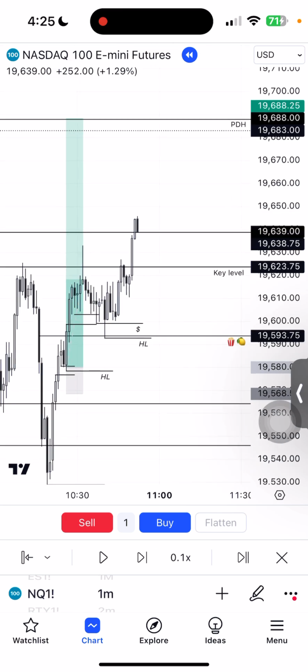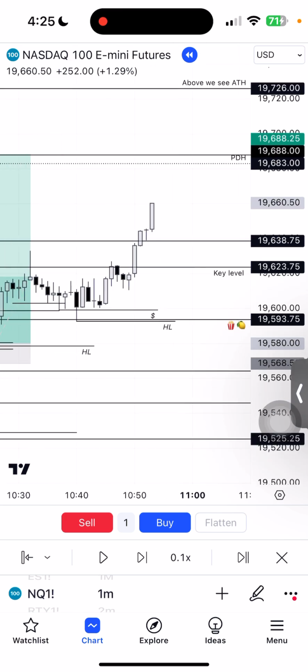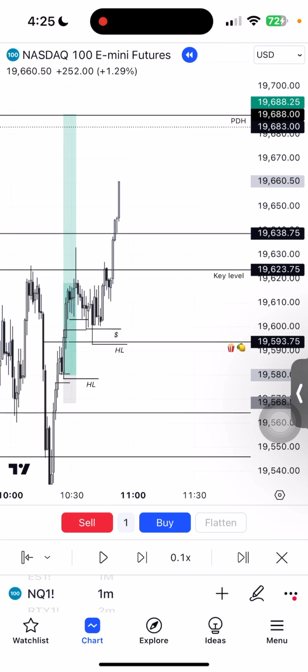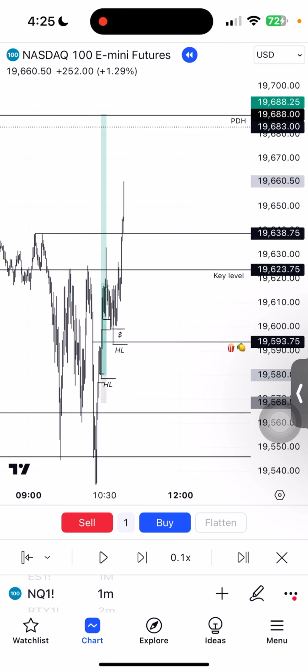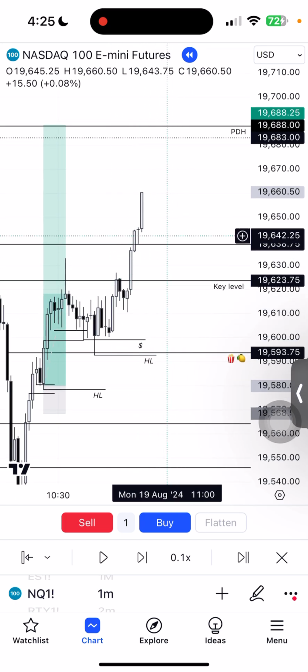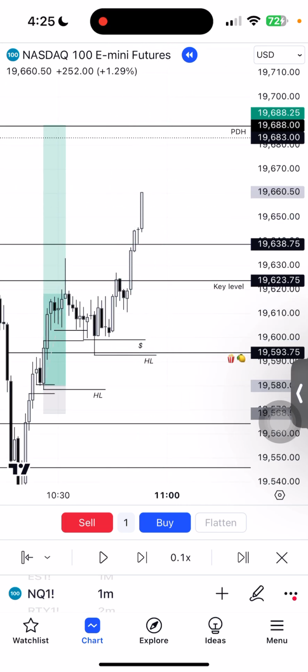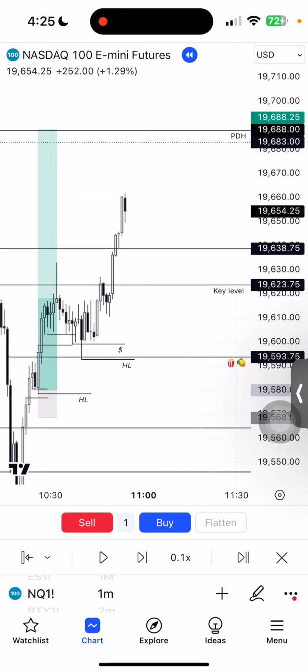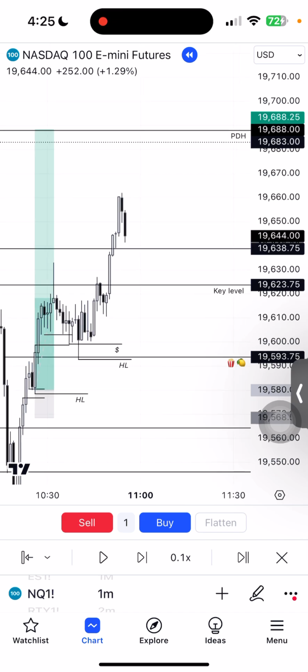So let's keep identifying structure here, right? So price is moving up higher. 638.75 is going to become a key level for me because I want to see price stay above that level. And if it gets back below it, then whenever it reclaims it with some displacement, that's a good opportunity for me to get in on a buy on that, right? And I'm still on a 1 minute time frame, so I can go bar by bar